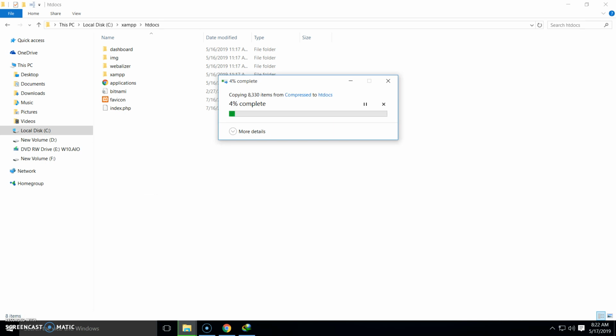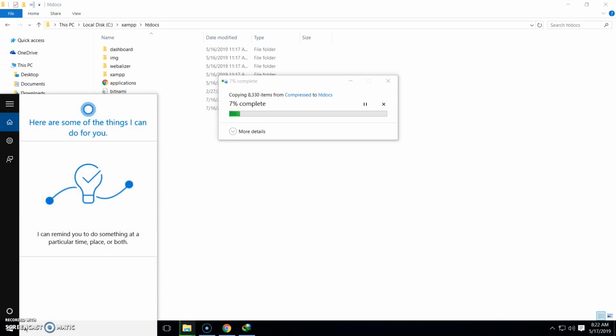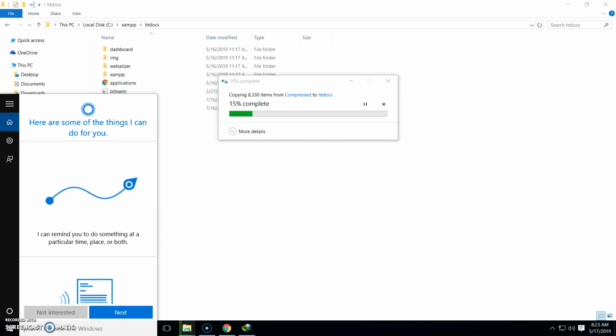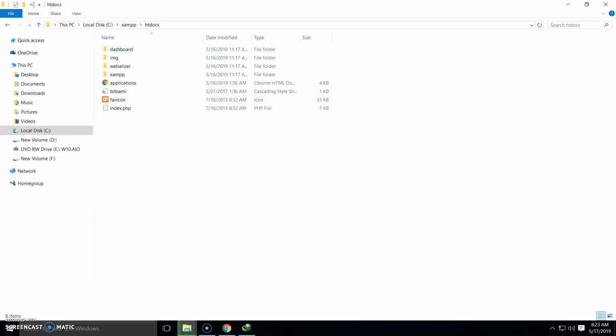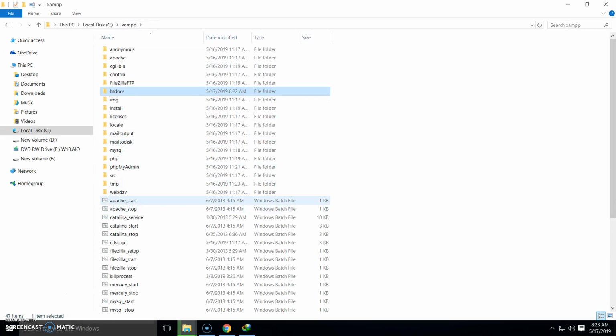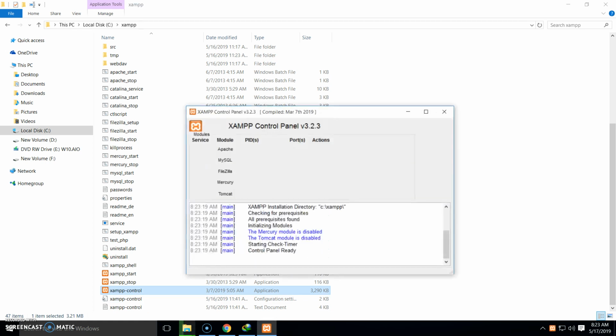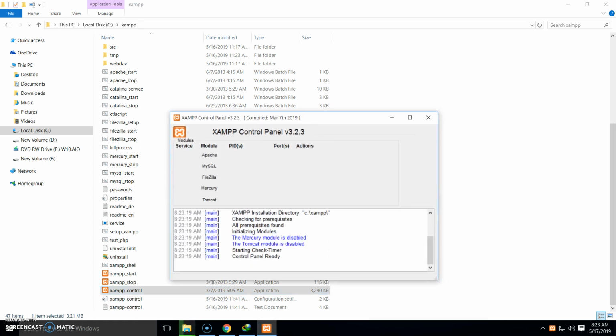We also need to start XAMPP server. So normally you can just go to start menu and search for XAMPP to start XAMPP server. But in Windows 10 something is wrong with this system, so I cannot find the XAMPP icon in the start menu. So I will show you how you can do it manually. Now go to XAMPP folder in C drive, scroll down and here you can see XAMPP-control. Double click on it to launch this one, and now you can see this option.